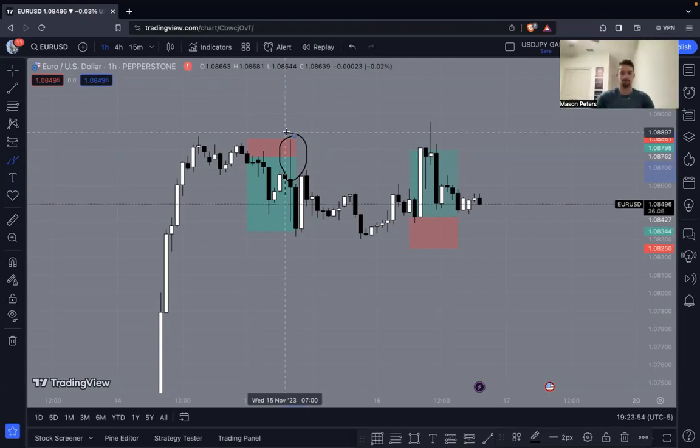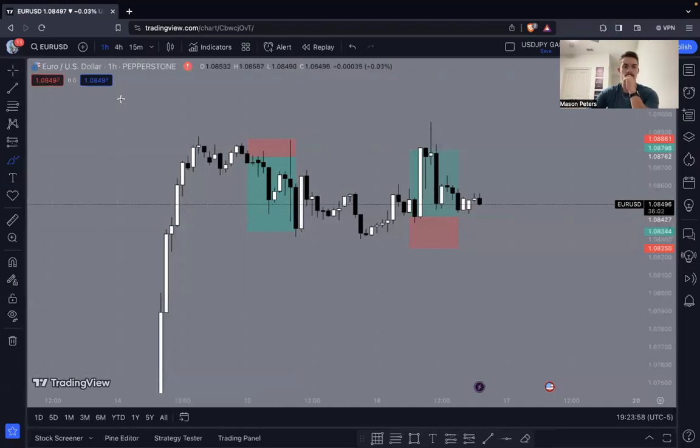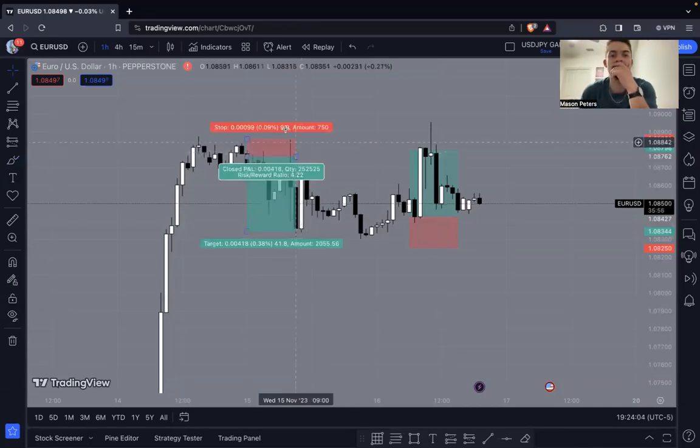Liquidated. Liquidated. You know how much money just in that small move? You know how much money that is right there? 9 pips. Talking like $20 billion in that one candle right there. I don't even know. But we're talking 20 bill right there on that one candle.